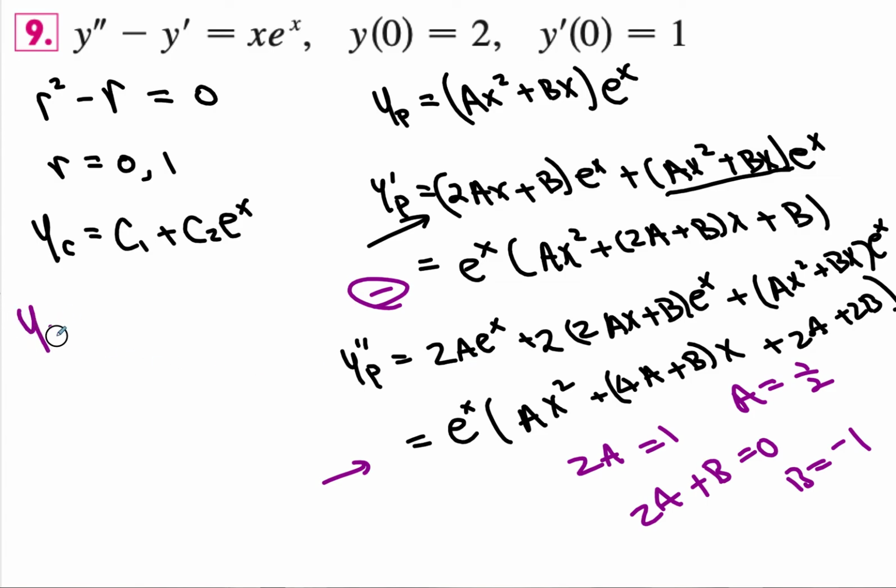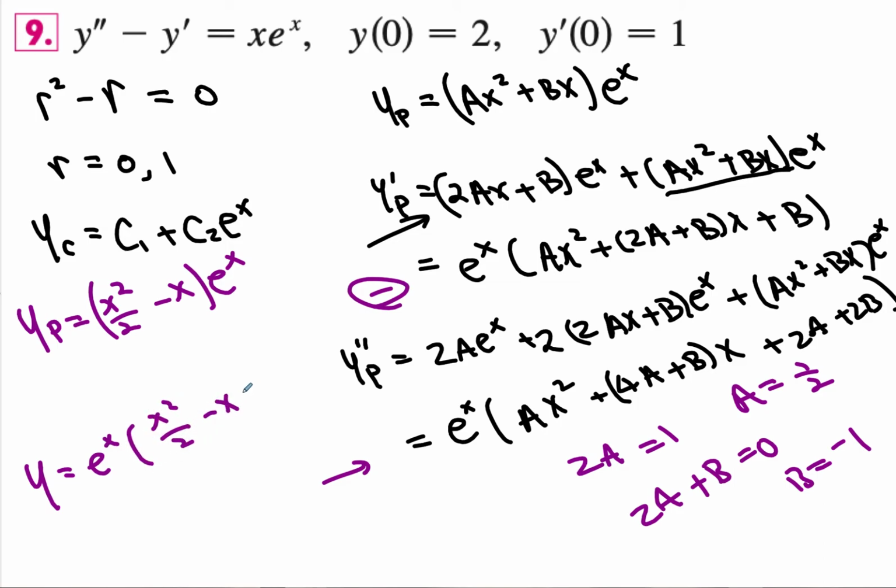Our particular solution would have been x squared over 2 minus x, and e to the x. So our y should be equal to e to the x times x squared over 2 minus x, plus c sub 2